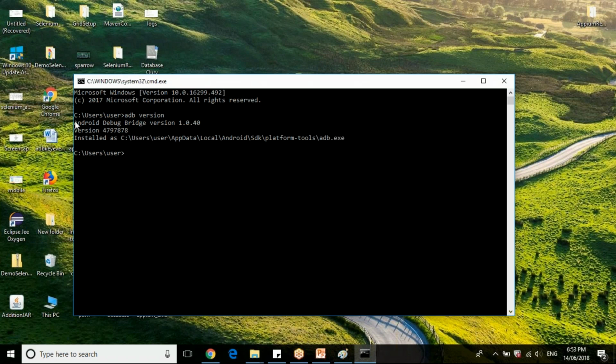It will tell what the Android Debug Bridge version is and which particular location it is mapping to. If you see this location, till platform tools we have mapped. Then we have adb.exe, your application. So your application is installed here and the Android Debug Bridge version is 1.0.40. Clear?